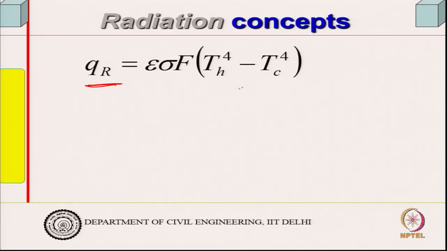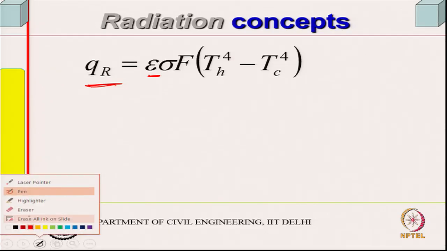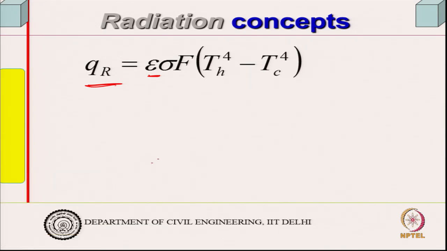This will be in terms of watt per meter square, and is given by the equivalent emissivity of the two surfaces. For example, supposing I have two surfaces, one like this, another like that. So, the radiation heat exchange between these two surfaces is governed by the equivalent emissivity of the two surfaces. Now, what is equivalent emissivity? Every surface has got,